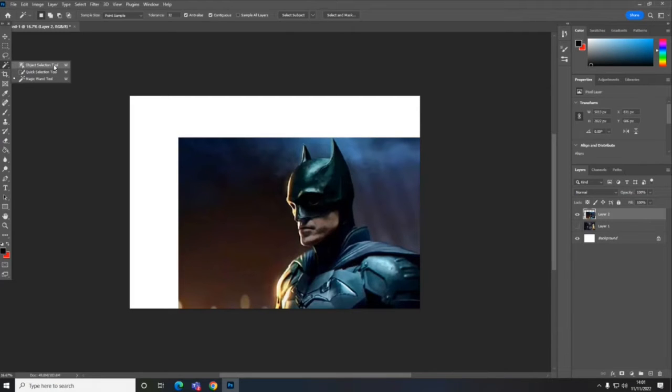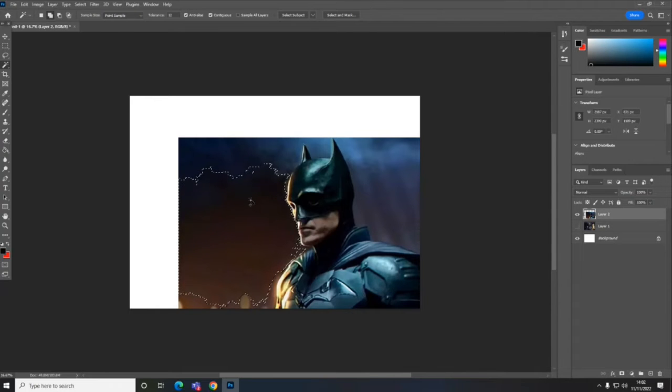Object selection tool can work quite well when you've got a clear object to cut out. I'm going to use the magic wand tool because I have a little bit more control over that. So if I click that there, the problem we've got is some of the shadow on the skin is a very similar tone to this background area. So what I'm going to do is go up to the tolerance here and take that down first and see if that makes any difference. Yeah, so down to 12, and then if I hold shift,